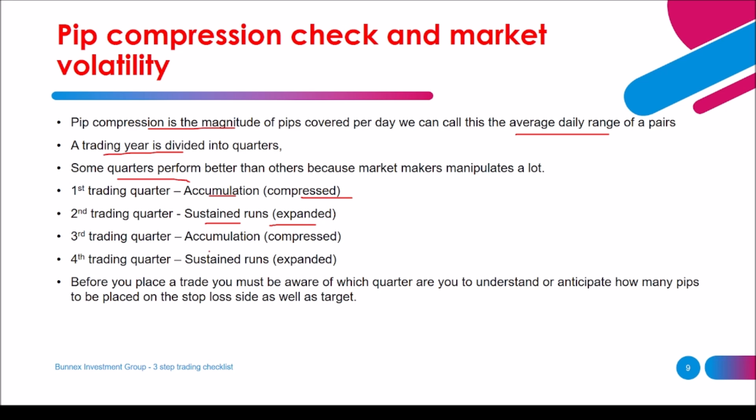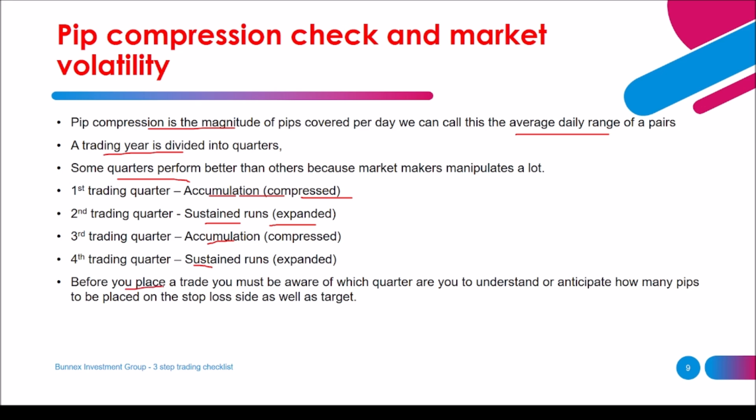Then the third quarter, which is now mid-year, right? So the third quarter will now have July down to September. Then it's also an accumulation phase. So within this accumulation, you'd find out that it will be very difficult to predict how the market moves. There will be a lot of consolidations, big swings to the high and low, and so forth. Then the last quarter, which will end in December, will actually be an expanded quarter where you see the market making long runs of